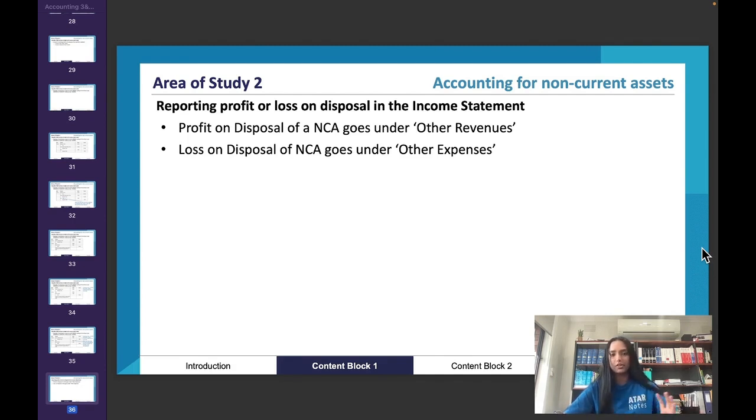So it's very similar to revenues. Expenses only go before adjusted gross profit in the first half of the income statement if those expenses are related to either the sale of inventory or related to inventory in general. And so in other expenses, we have other expenses of the business that aren't related to inventory. So for example, rent, electricity, insurance. Those are all expenses that help keep the business running, but those expenses can't be directly linked to inventory.